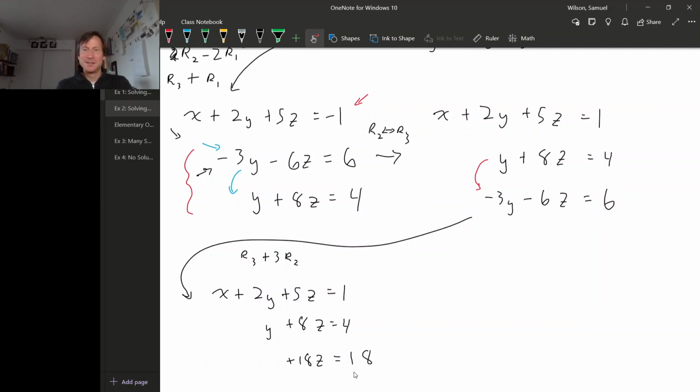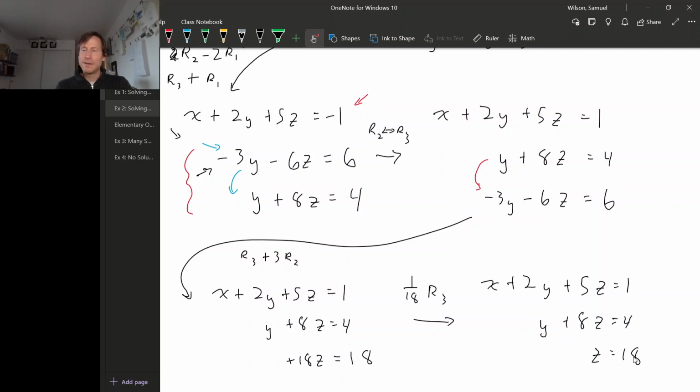Okay. All right. And now maybe as one last thing, we could take row 3 and multiply it by 1 over 18. So we get x plus 2y plus 5z equals 1, y plus 8z equals 4, and z equals